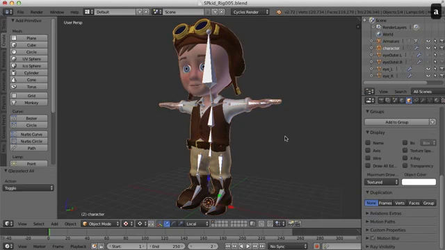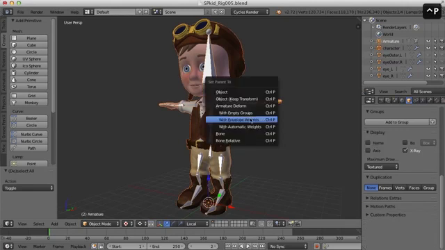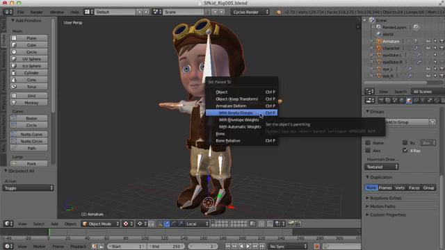Alright, so I'm going to select the mesh, shift select the armature, press Control P, and this time I'm going to choose Armature Deform with Empty Groups. And what this will do is it will create vertex groups based on the names of each of the bones. So if I click this,